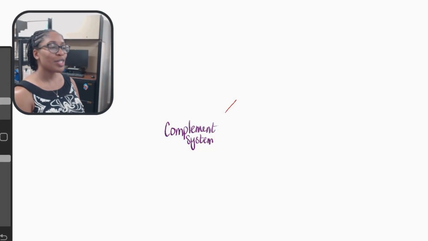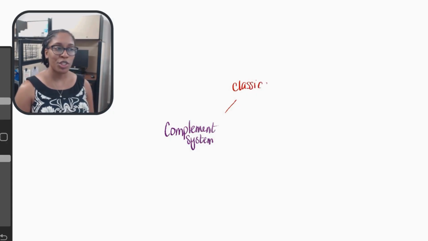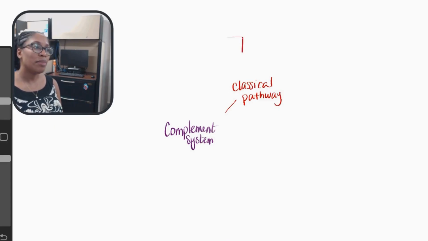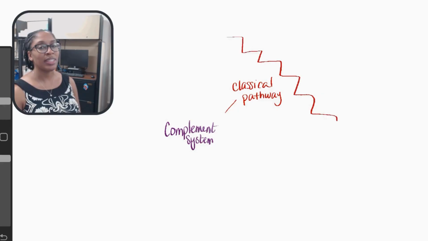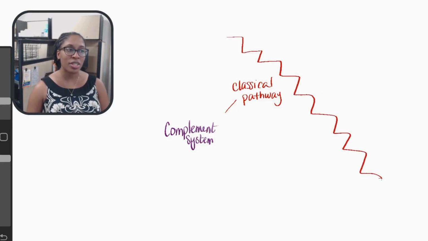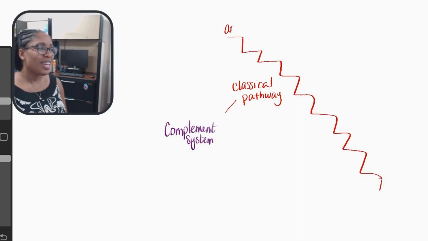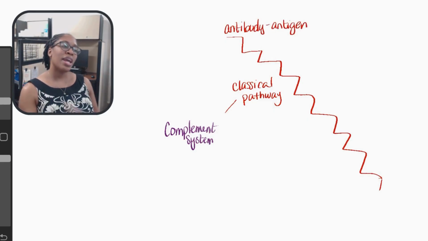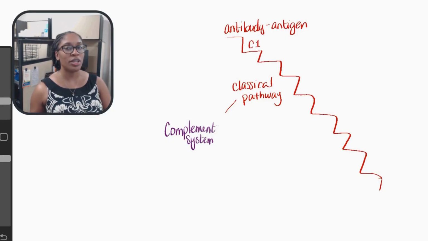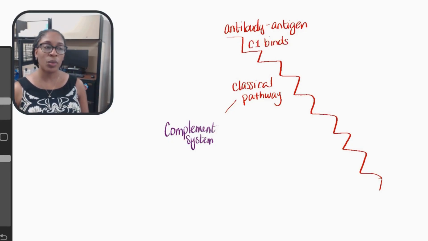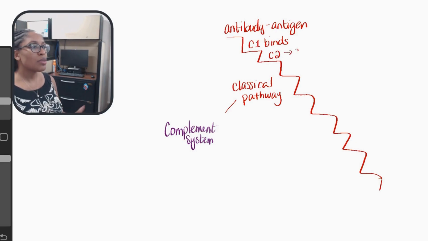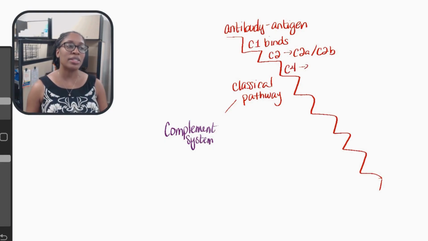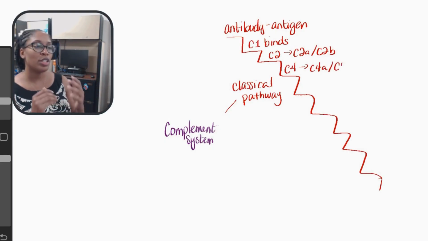The complement system is one of the fastest and most efficient tools of innate immunity, and it works by recognizing pathogens and triggering a cascade of protein activations that lead to destruction. In the classical pathway, the process begins when an antibody binds to an antigen that is on the surface of a microbe. This binding allows the complement protein C1 to attach and activate, leading to the cleavage of C2 and